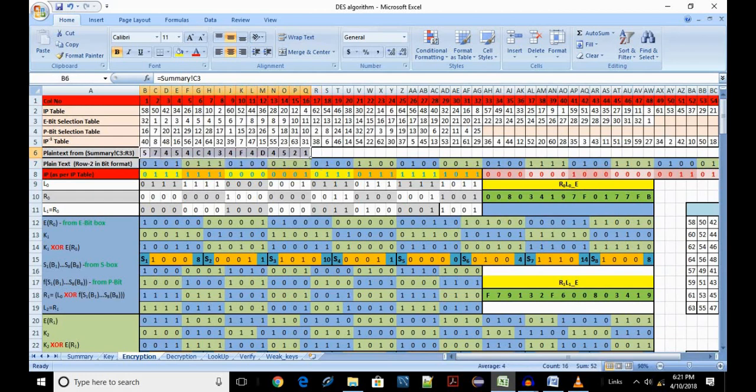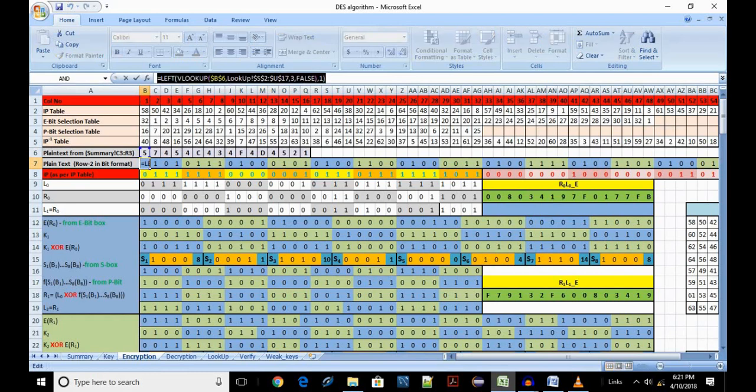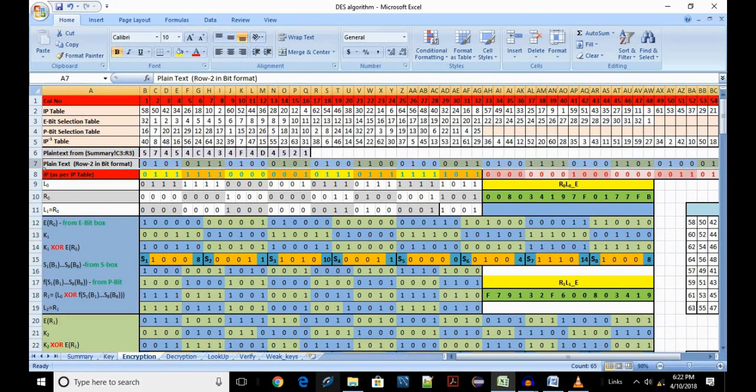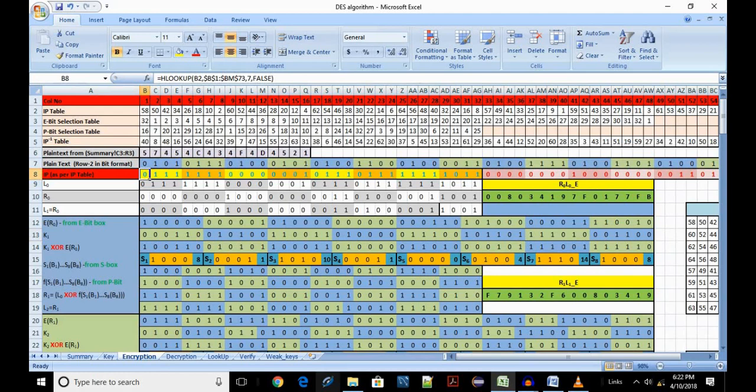Again, this plain text is converted into binary in row 7 using the VLOOKUP formula. This binary plain text is permuted using the IP table using HLOOKUP. V2 contains the IP table, and this is my range.